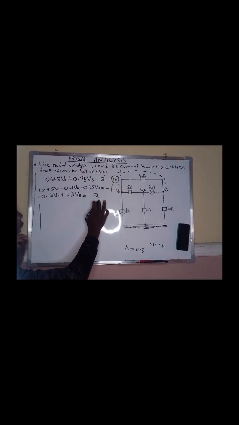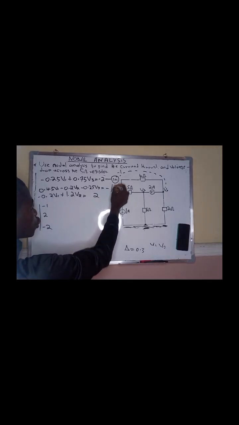I'm looking for V1. So therefore, I have to first look at the equations. I'm having -2, -1, and 2. This is my equation 1. So in my equation 1, I'm having -1. In my equation 2, I'm having 2. And therefore in my equation 3, I'm having -2. So the difference between the determinant and